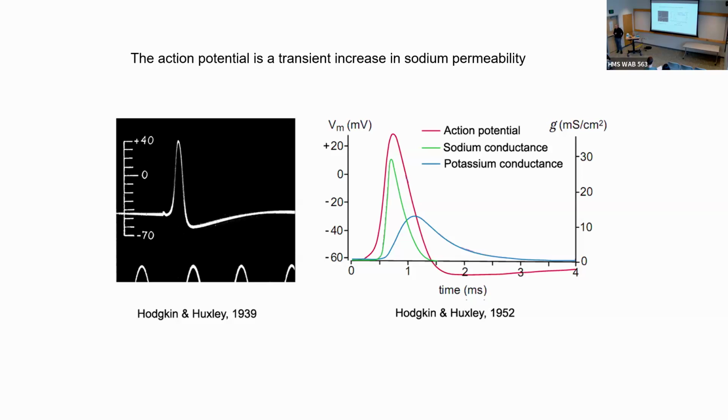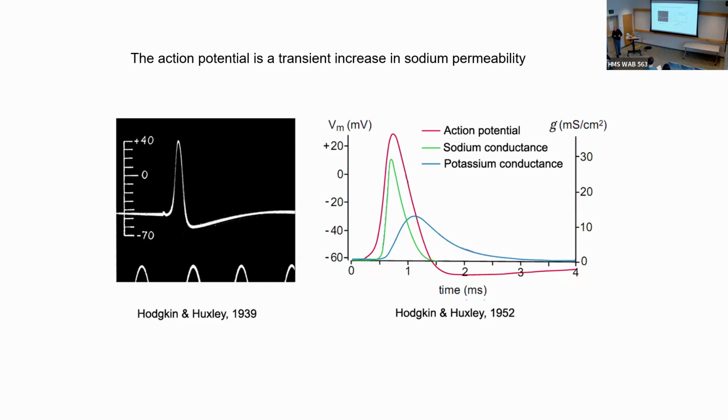And so what they discovered is that the way the action potential works is that at rest, there's selective permeability to potassium from some sort of resting potassium channels in the membrane. And the action potential is generated by a huge increase in the sodium conductance. An enormous increase that happens very quickly, hundreds of microseconds, and is transient. So then, as they called it, it inactivates after a millisecond or so. So the action potential is generated extremely quickly because of a huge sodium permeability.